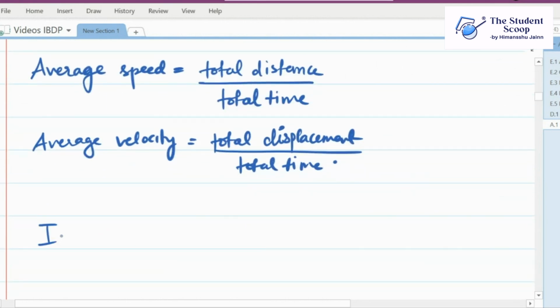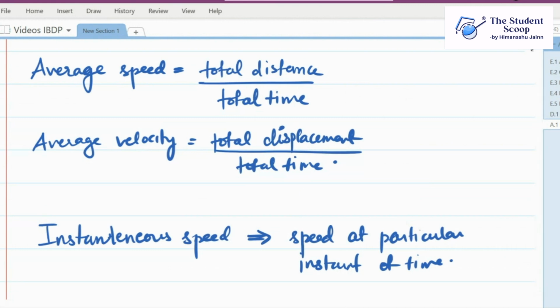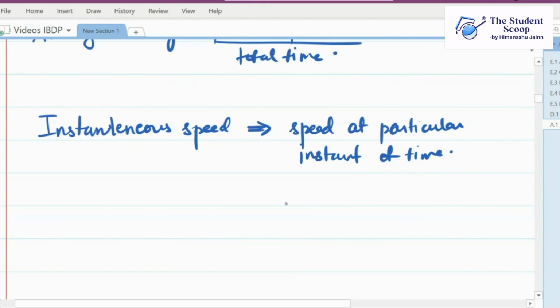Now we also have instantaneous speed. That is the speed at a particular instant of time. So if the speed is continuously changing, we can take at a particular point what the speed is, so that gives you the instantaneous speed. We'll explore this instantaneous speed and how the average speed and average velocity can be calculated using graphs. It is much easier, but for instantaneous speed, we need to know that it can be found